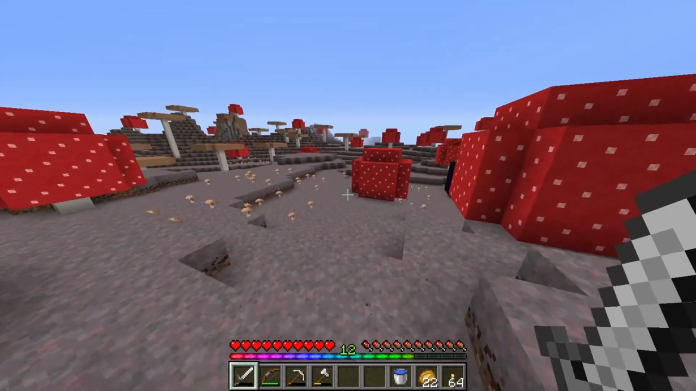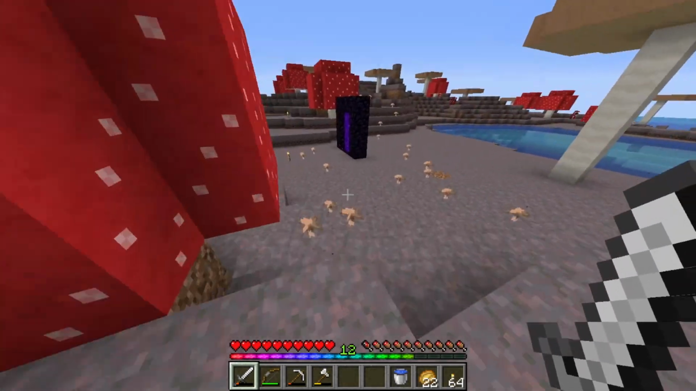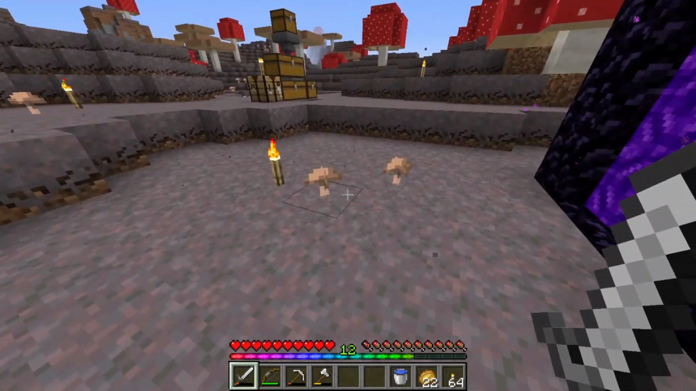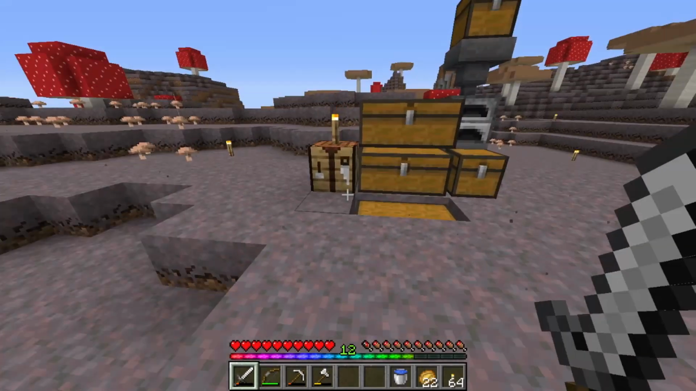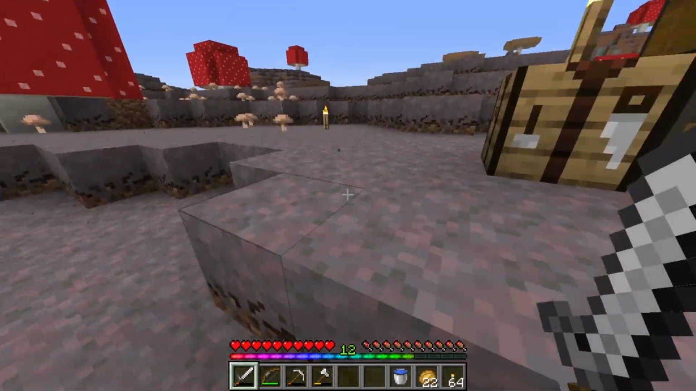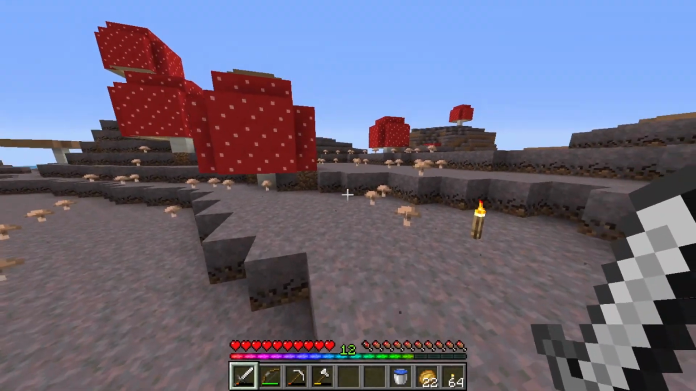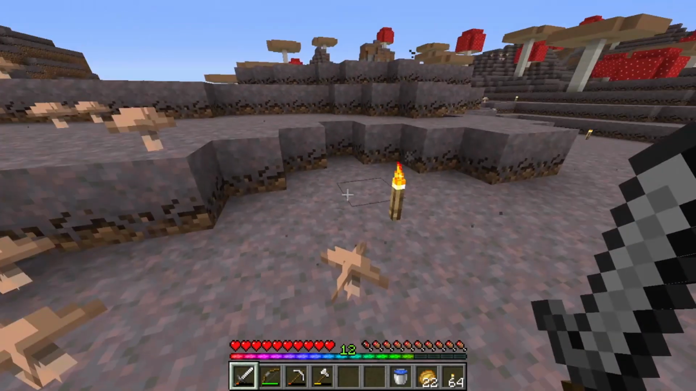But he's not. Anyway, so now that we're back in the main world, what we need to do is, well, we've got the quartz and we've got the design. So I think we need to take